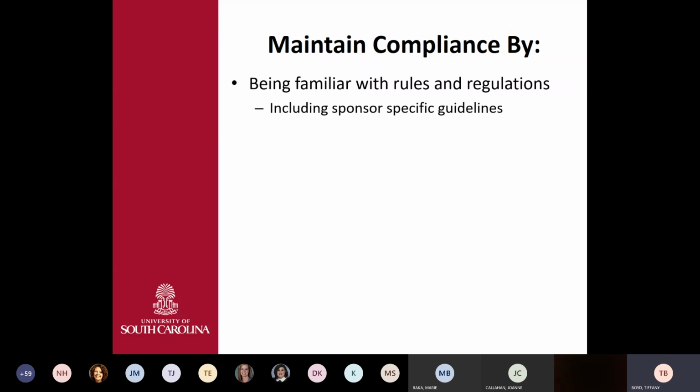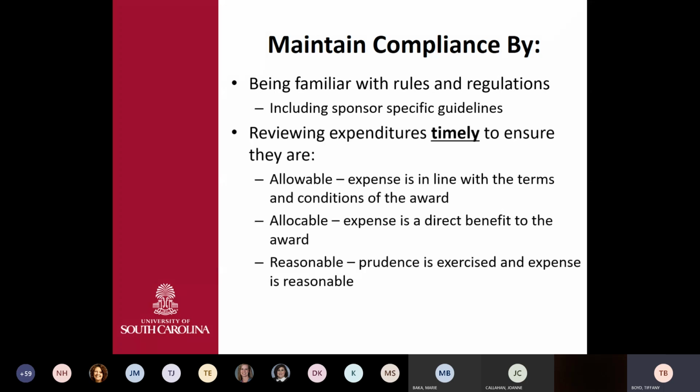So how can we maintain compliance? Well, the first way is just making sure that we know those rules and regulations, including any specific sponsor guidelines. And then making sure that we're always reviewing expenditures timely to make sure that they're allowable, that the expense is in line with the terms and conditions of the award, they're allocable, that expense is providing a direct benefit to the award, and then it's reasonable. So prudence was exercised,